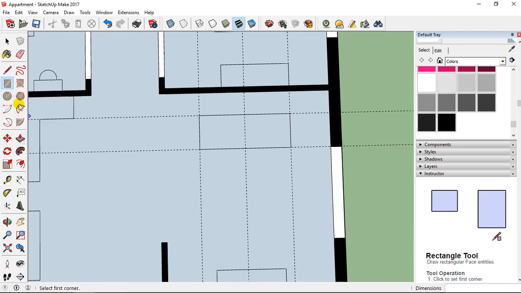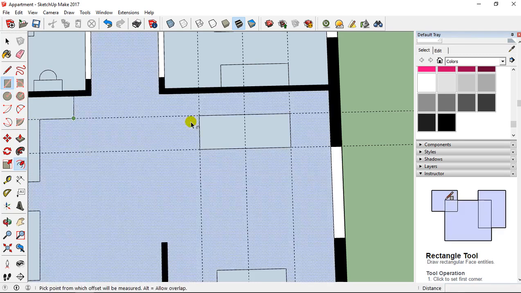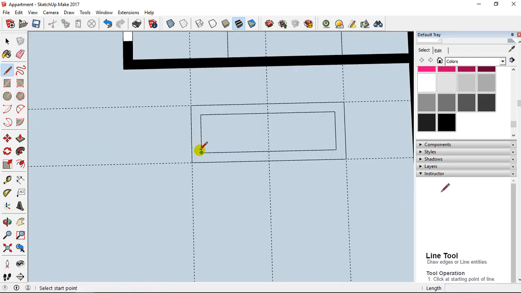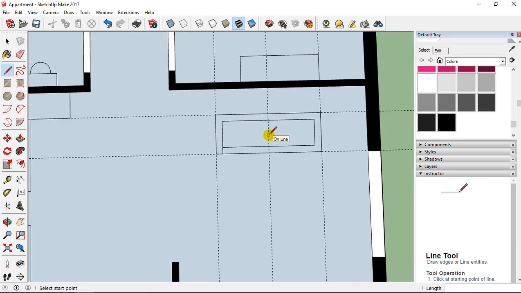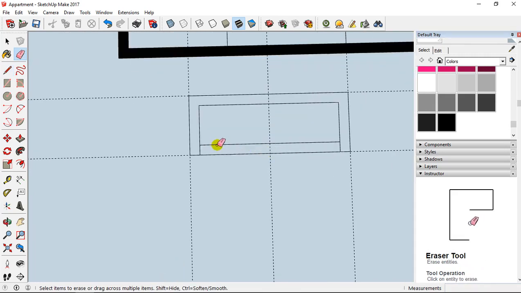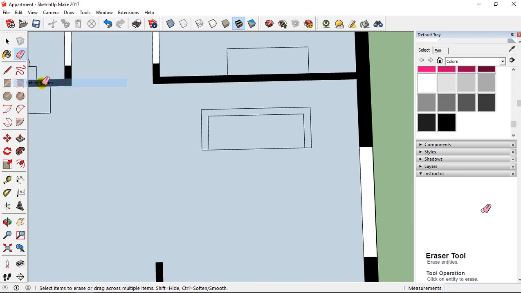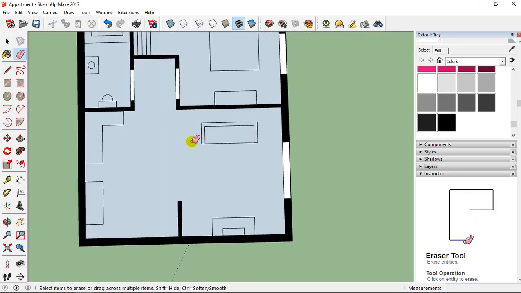Then I'm going to take offset tool, and here I create an offset of 10 centimeter. I take line tool, this point to this point, this point to this point. And then I can remove with eraser tool, and I can remove this part. And also I go on edit and delete guide, like this.